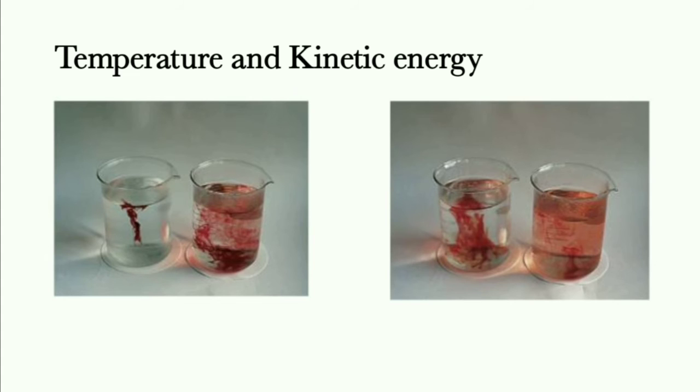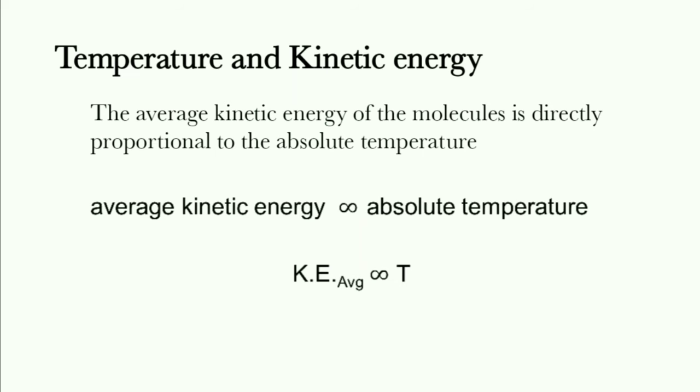And how can you make a statement from this? Kinetic energy of a molecule is directly proportional to the absolute temperature of the content given. In a mathematical expression, average kinetic energy is directly proportional to the absolute temperature. Mathematically, average kinetic energy, with this proportionality symbol, is proportional to absolute temperature. What temperature is called absolute temperature? Very good. Kelvin temperature is called absolute temperature.